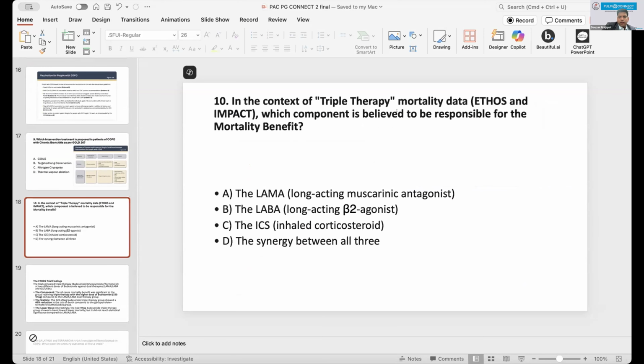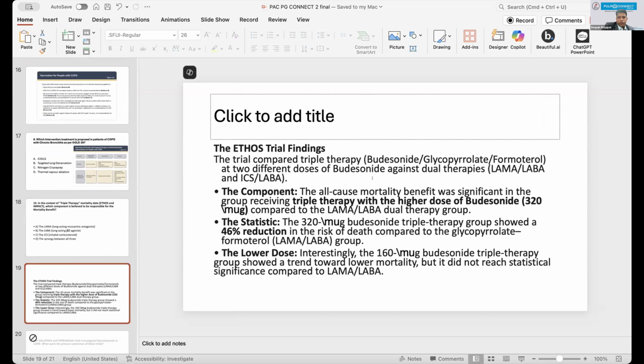The last one, in context of triple therapy mortality data, which component is believed to be responsible for mortality benefits? The correct answer is the ICS component, because during the trial, they compared the glycopyrronium and formoterol combination with the budesonide, glycopyrronium and formoterol combination, and they saw that the mortality benefit is in the triple combination, and they concluded that the ICS is the main component which is responsible for the anti-inflammatory effect